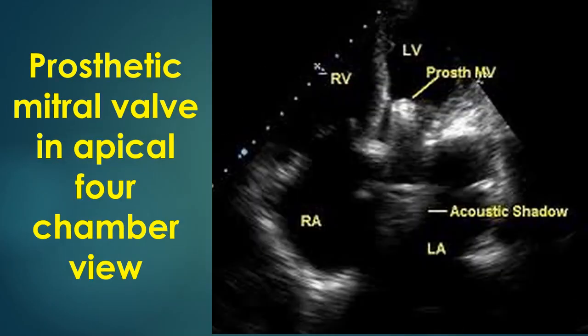Apical four-chamber view is also useful in the evaluation of the prosthetic mitral valve. Acoustic shadowing is a problem in this view also. An M-mode cut of the prosthetic mitral valve is useful in documenting the poppet excursion. Poppet excursion is diminished in case of thrombus or pannus formation. Thrombus formation usually presents with acute mitral valve obstruction, while pannus formation presents more insidiously with increasing gradients and effort